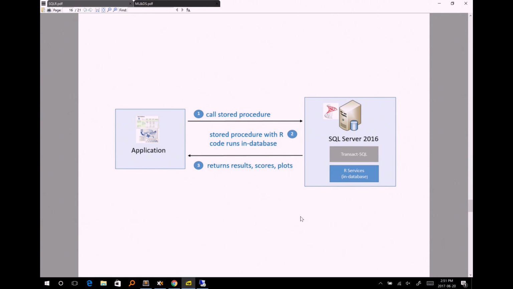That R is going to process some data in the database and generate some results. Once again, it could be images, it could be modeling objects, it could be anything. But in this case, it's probably not going to be an R object. It has to be something that the application understands. Right? Unless the application understands R, it has to be something else. So a plot is maybe a more useful thing to think of conceptually here. And that travels back to the application.